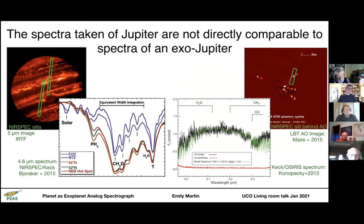And what's fascinating is that if you take a spectrum of Jupiter at different locations, as this team led by Gordy Bjoraker did back in 2015, the resulting spectrum varies vastly depending on where you put your slit. So if you're taking a spectrum at the pole versus at the equator, you're going to see very different looking